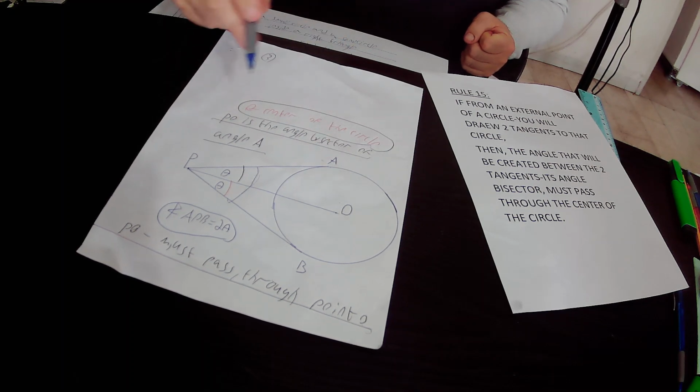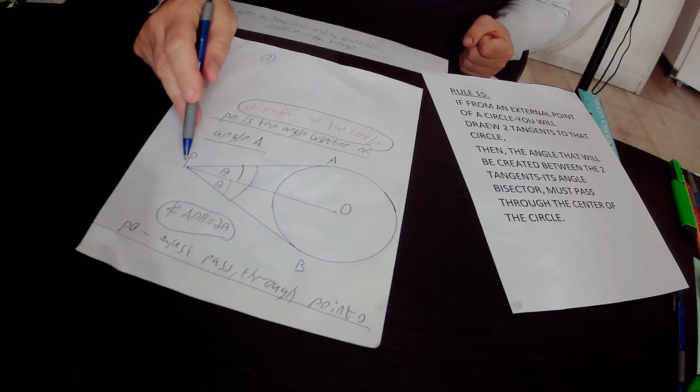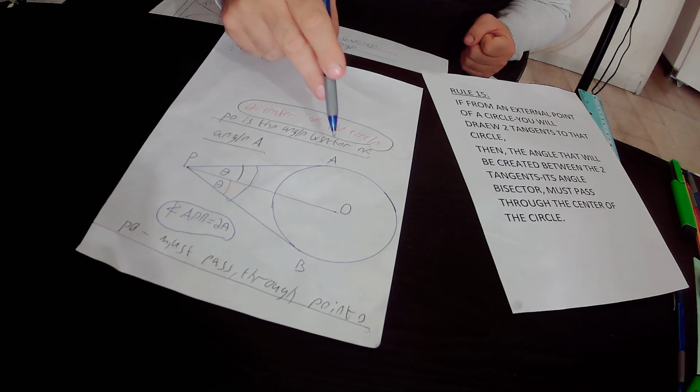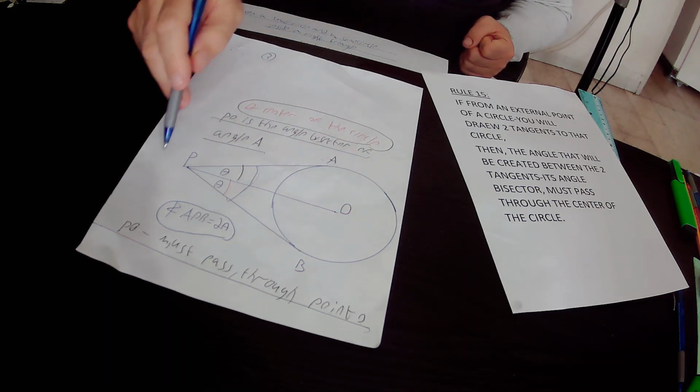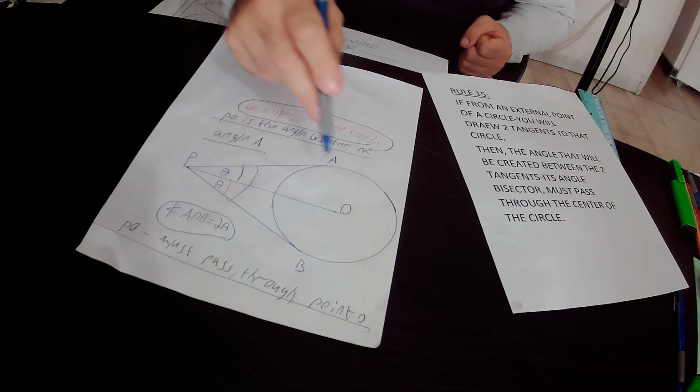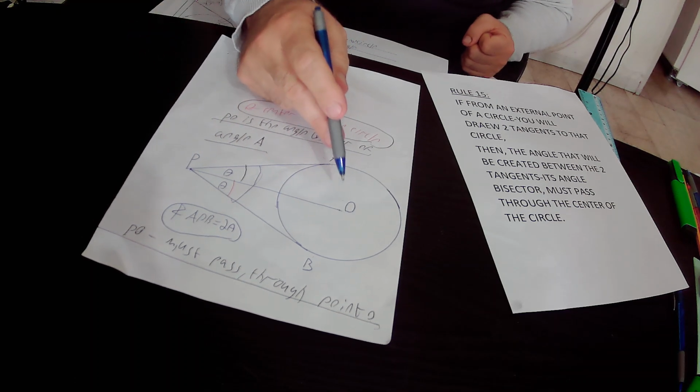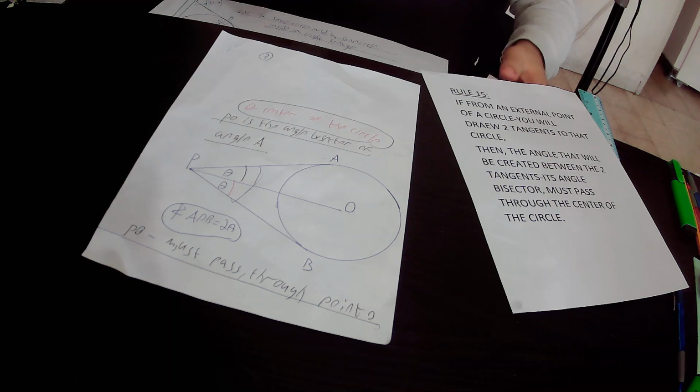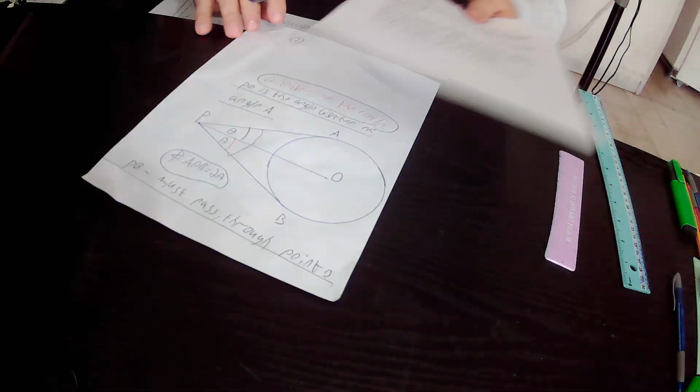So whenever you draw two tangents from a common external point P towards a circle, you will create angle APB. The angle bisector of this angle APB must pass through point O, that is the center of this circle. So we can actually implement rule 15 in our drawing. Why? Because in our drawing,